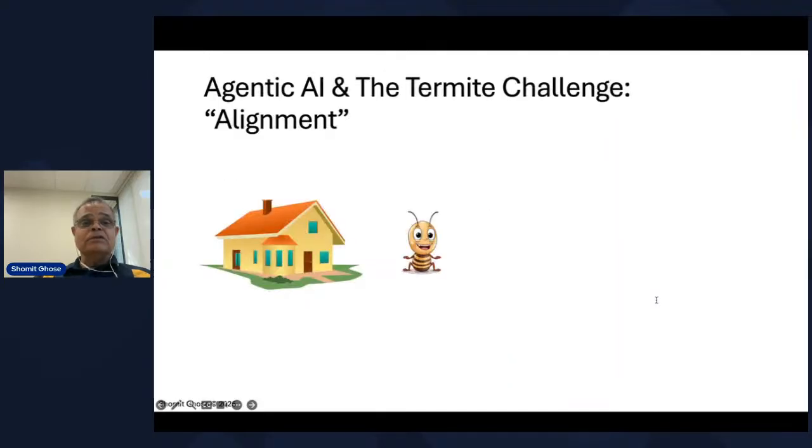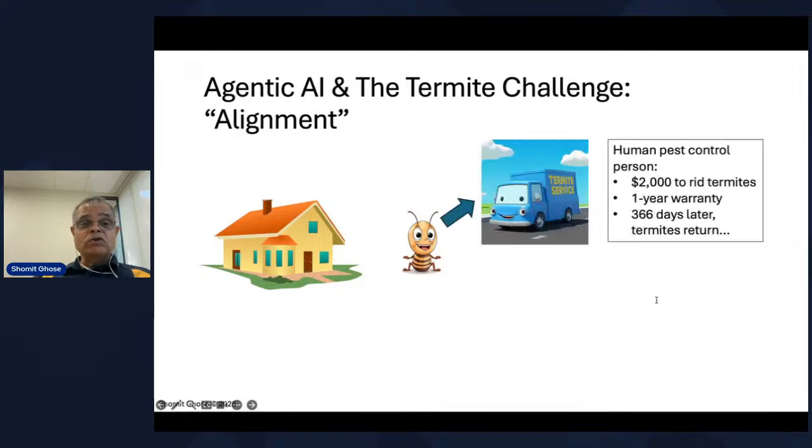So, quick example here. Let's say you wake up one morning and you see that you have termites in your house. Got to get rid of the termites because otherwise they're going to eat your house. You call your local exterminator. He or she comes over and says, hey, yeah, I can take care of the termites. That'll be $2,000. I'll give you a 1-year warranty. You think, boy, that's a lot of money. It's not a very long warranty, but I don't want the termites to eat my house. So you give them your credit card. They treat, the termites go away. But a year and a day later, the termites are back and you're feeling frustrated.